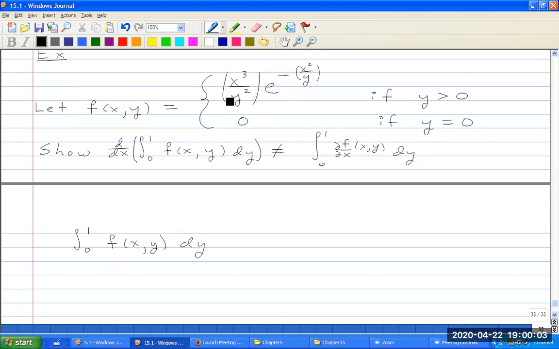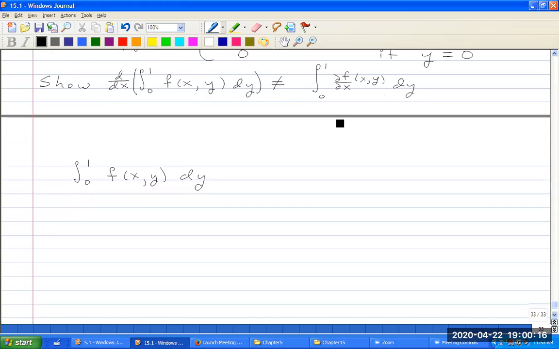So f of x, y is just equal to this quantity here for y greater than 0. Because we're integrating, it doesn't matter what happens when y equals 0. That's a set of measure 0. So this is just the integral